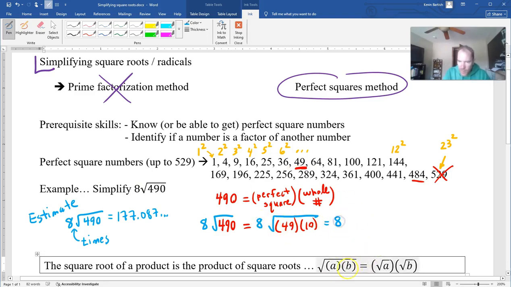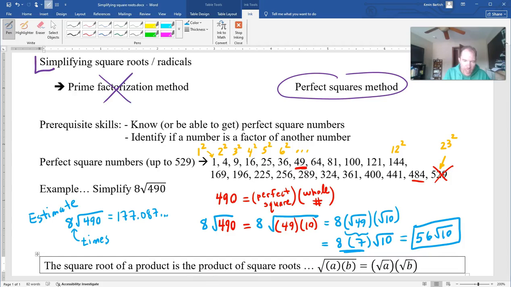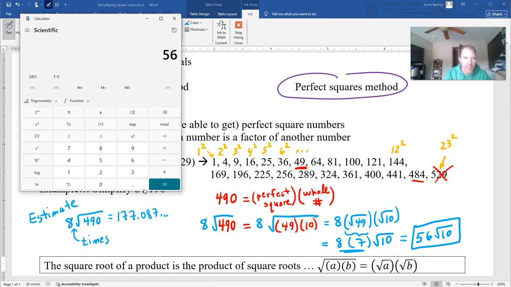We get this property here. The 8 can stick around, but we've got this property about the square root when you're multiplying. 49 can have its own square root, 10 can have its own square root. These perfect square numbers, the square roots work out to whole numbers. Square root of 49 is exactly 7. Square root of 10 doesn't work out, so we'll leave that. The only other thing to do is to multiply 8 times 7. So that's 56, and then square root of 10 just stays like that. And then to check, if we do 56 times the square root of 10, we get